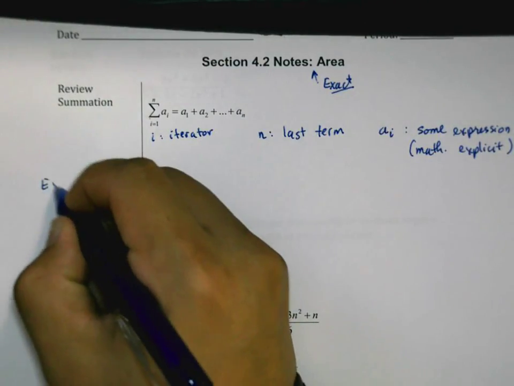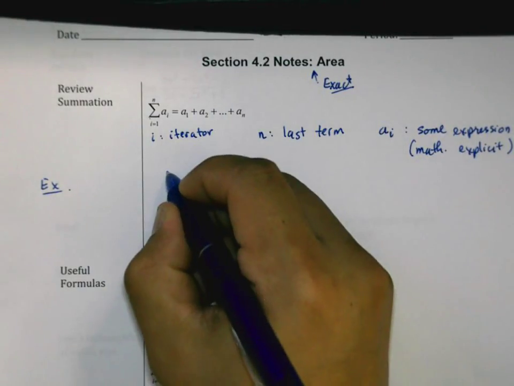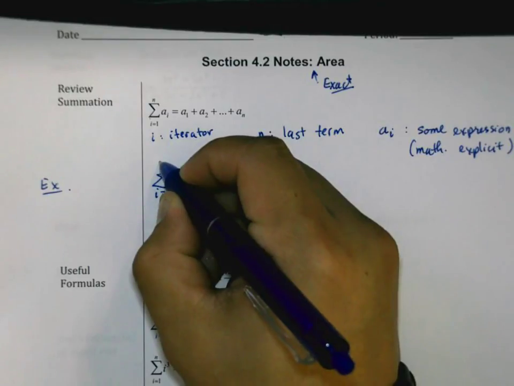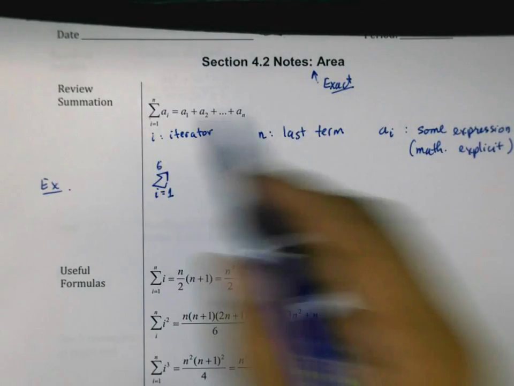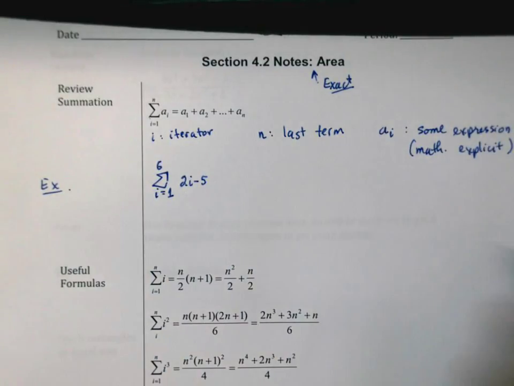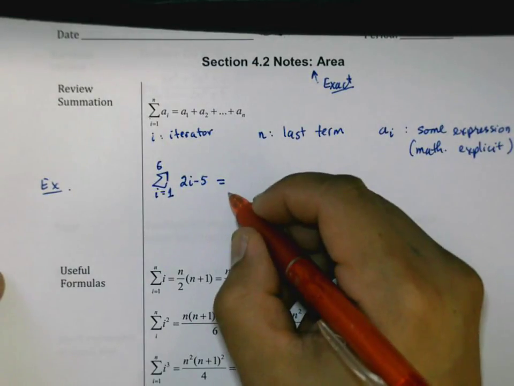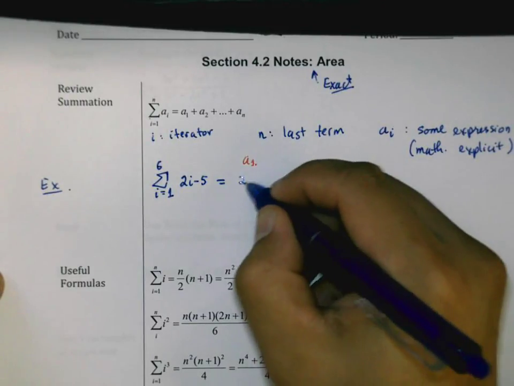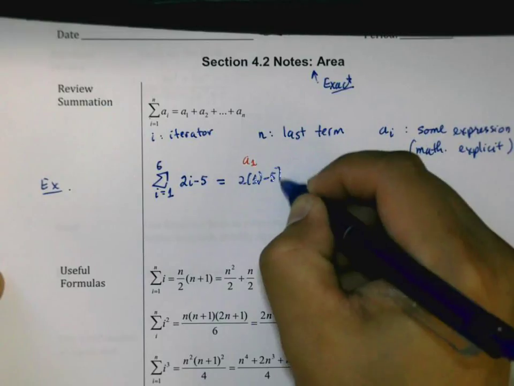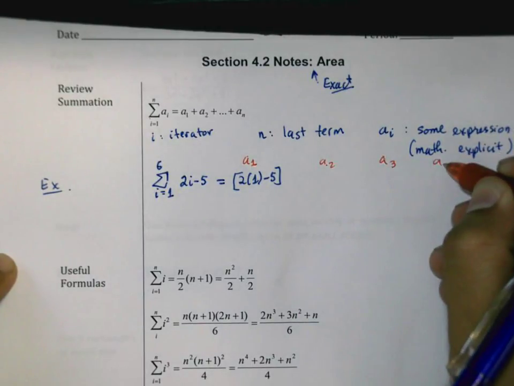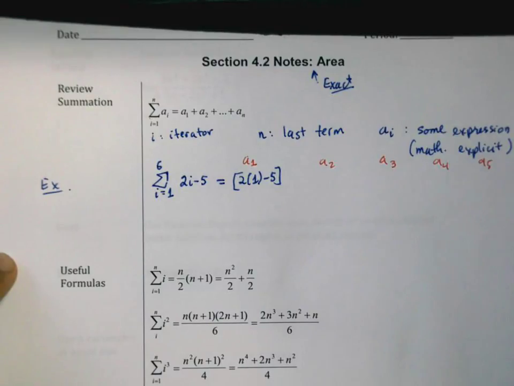So let's just do a quick example so that we can see. Let's say I ask you to evaluate the sum from i equals 1 to 6. In this case, 6 is equal to n. And let's say the expression is 2i minus 5. What that really means is we're going to make substitutions. The first term, a sub 1, is going to be 2 times 1 minus 5. The second term, a sub 2, a sub 3, a sub 4, a sub 5, a sub 6, is going